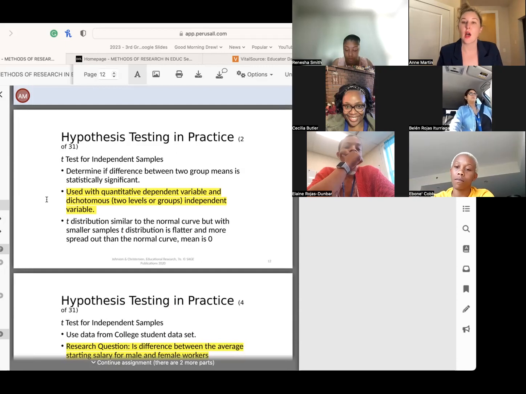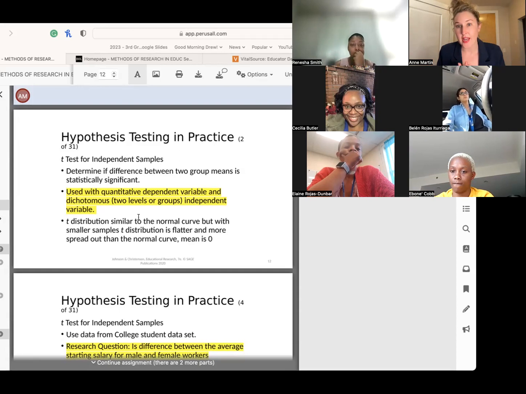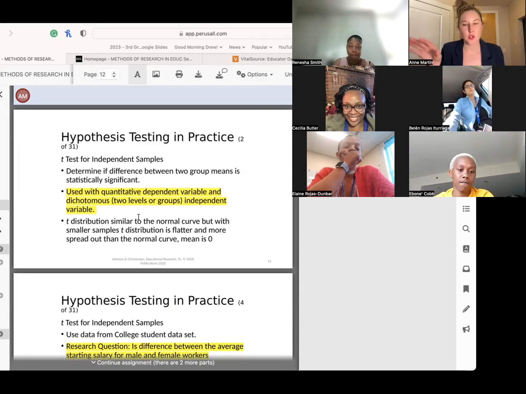For the example of how does gender impact the starting income of college graduates. So the income is quantitative, and then a dichotomous, which means two levels, independent variable that is categorical, like gender. So this one, you just have two groups, and you have your sample, you collect the incomes, you sort it